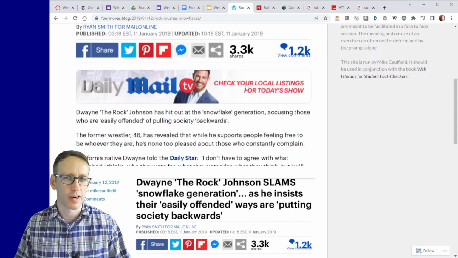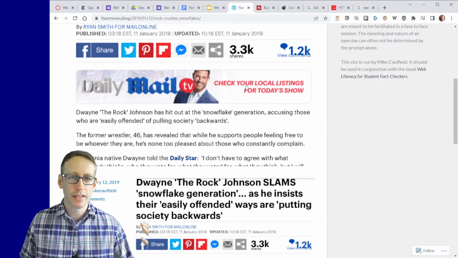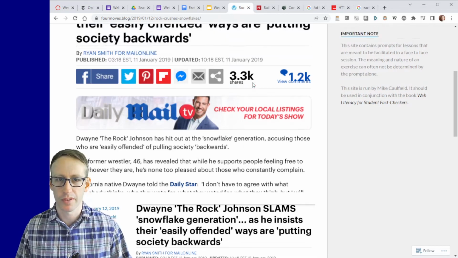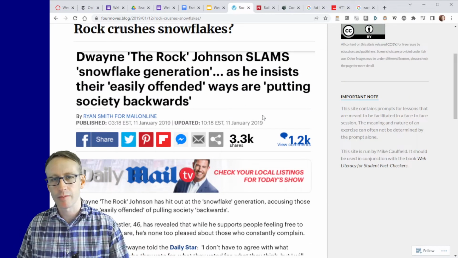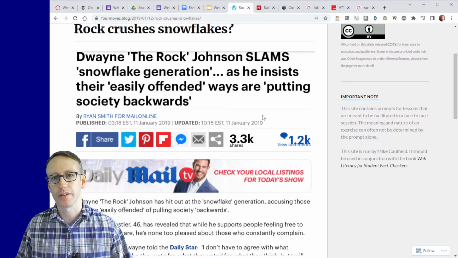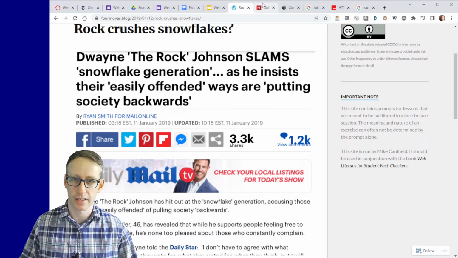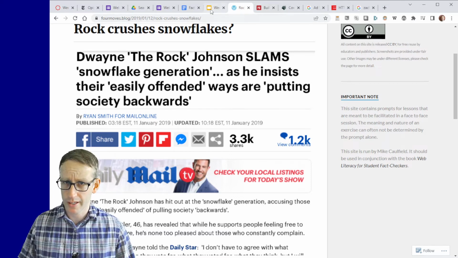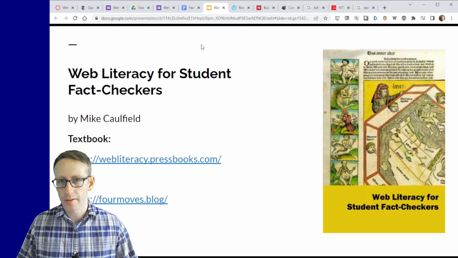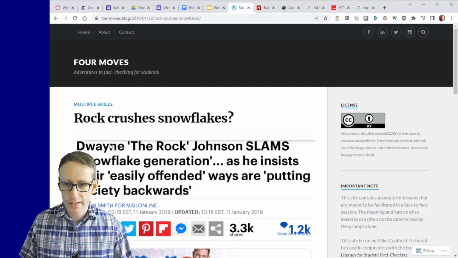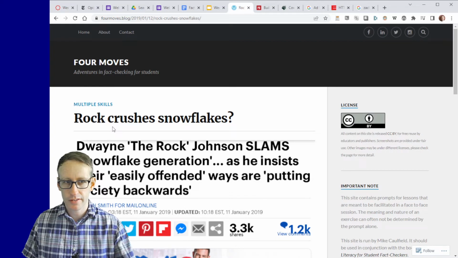These are things that require more investigation, and that's the point of practicing your web literacy skills: finding the context that's missing from this rather clickbait, alarming title. There's something more behind this, and your job as a fact checker is to find out what the original context actually was, and then, once you have that context, to determine: is this headline correct?